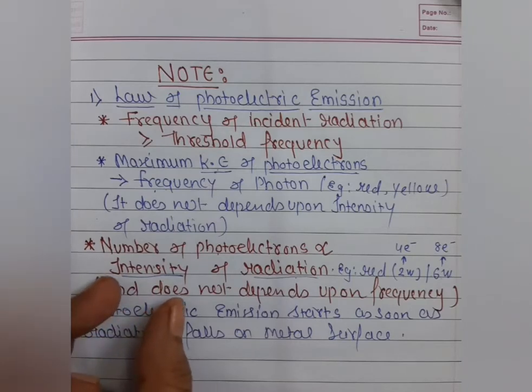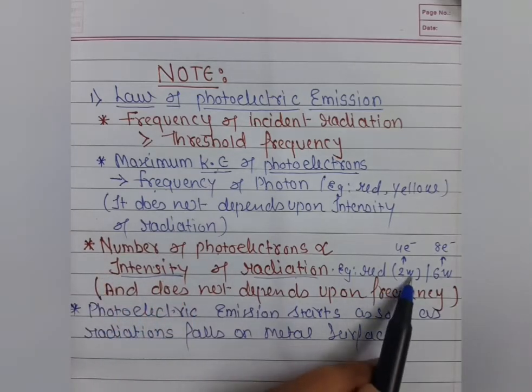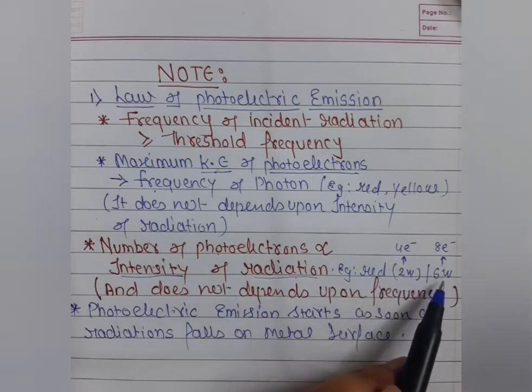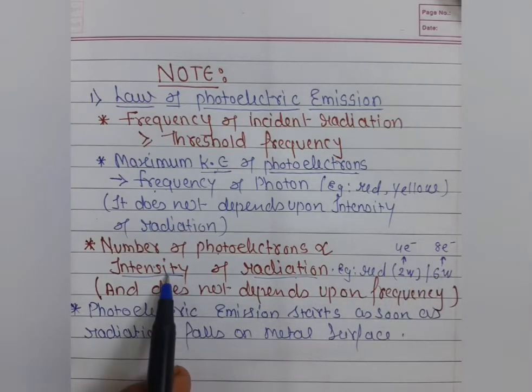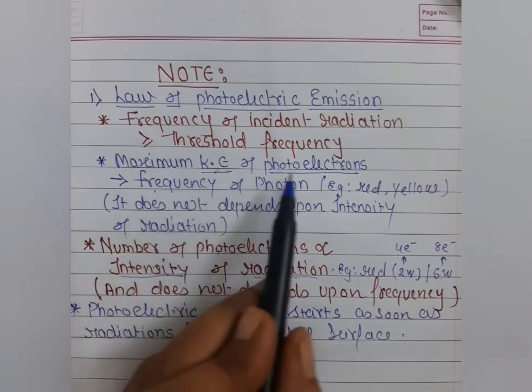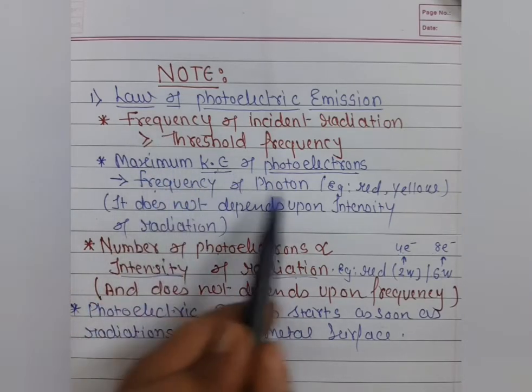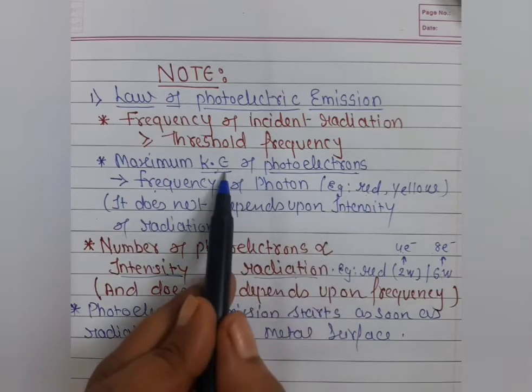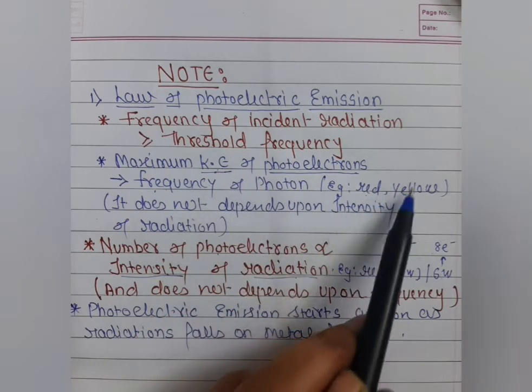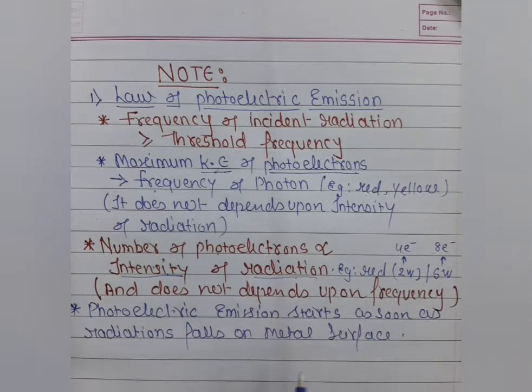The intensity word means when we are talking about 2 watt, it's having little bit power. If I am talking about 6 watt, it's having more. The brightness decides the electrons. And here the kinetic energy of electrons depends upon the frequency of light. Red light having 6 kinetic energy of electron, and the yellow light having more, like 8 kinetic energy of electron. So different lights have different energy of electron, and the number of electrons depends upon the intensity of light, the brightness of light.